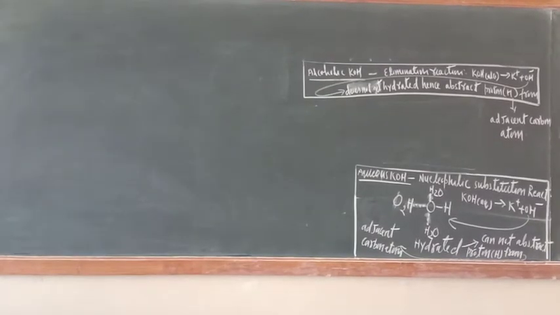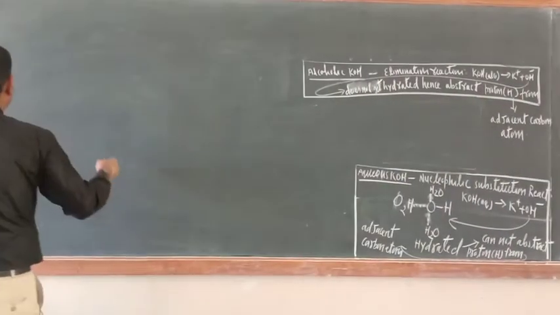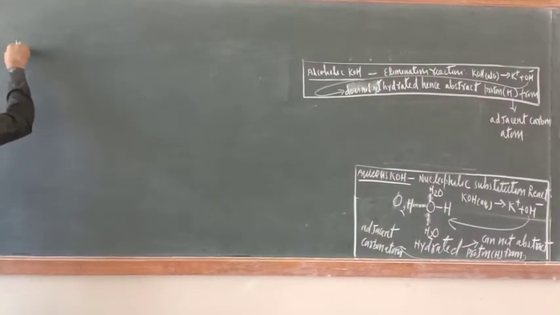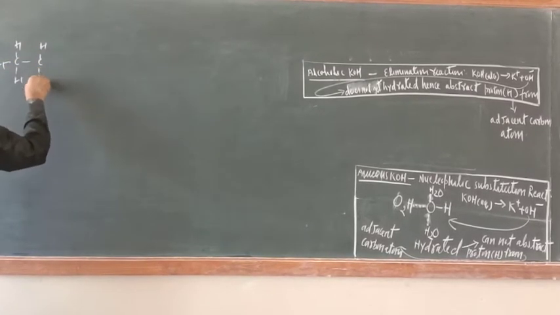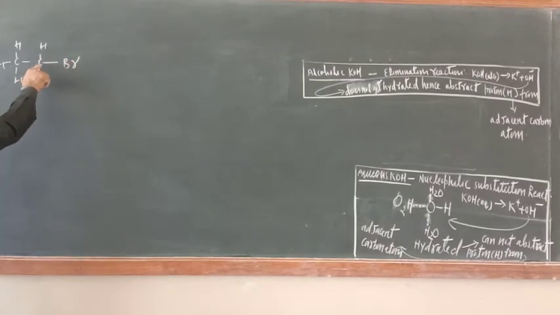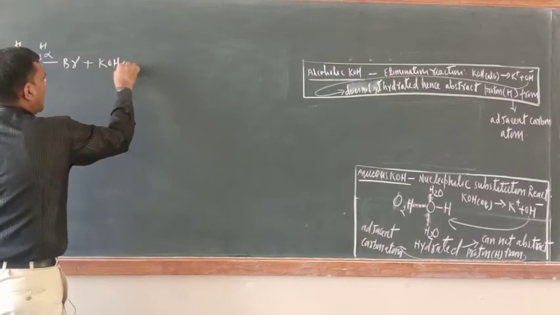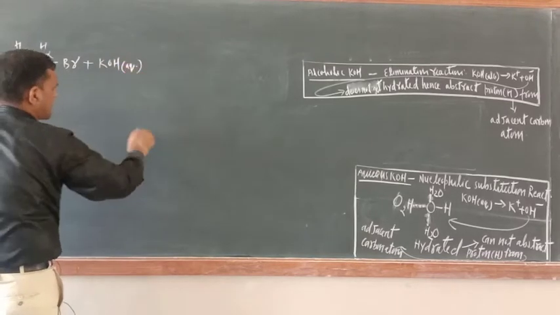Okay, just see here examples. Suppose I took this one, CH3CH2Br, with C, H, H, H, C, H, H and Br. This Br is attached to this carbon atom, so this is alpha and the next one is beta, then next one is gamma, then next one will be delta. Now suppose you are treating this compound with aqueous KOH, then